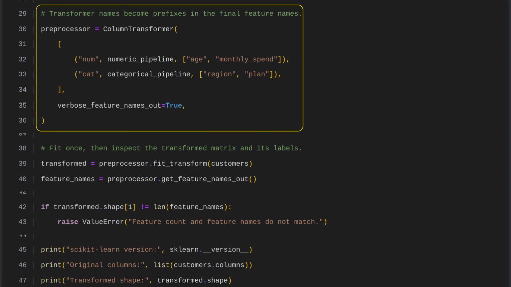A column transformer lets us apply different pre-processing steps to different parts of a dataset. In this setup, numeric columns such as age and monthly spend are imputed and scaled, while categorical columns such as region and plan are one-hot encoded. Enabling verbose feature names adds branch prefixes to the output features, making it easier to see where each transformed feature